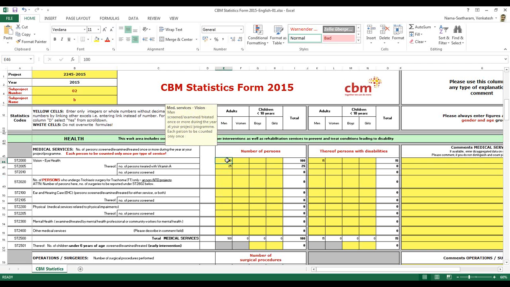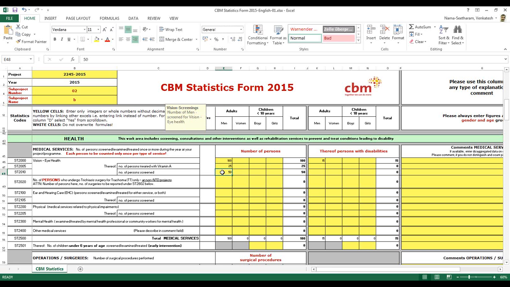Say maybe 50 persons screened. This will not give any red cell. But if, instead of 25, the partner mistakenly types another 0, 250, then you can see a red cell on top saying that there is some problem with this number, please check it. So you can check both rows, and he can correct it.